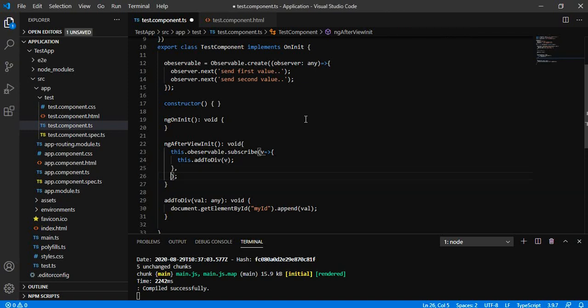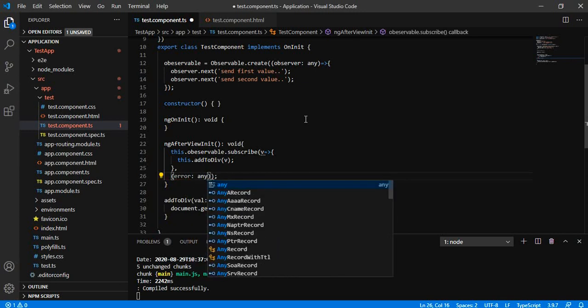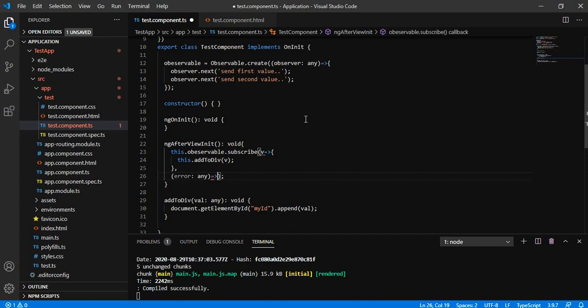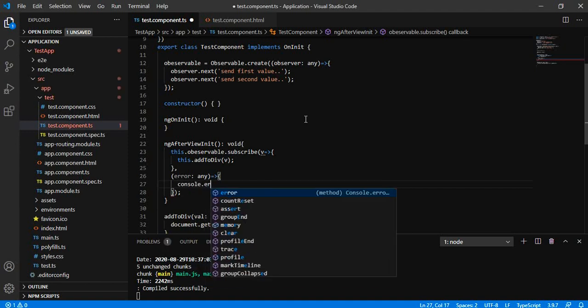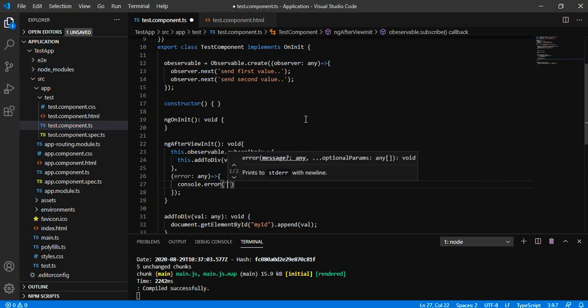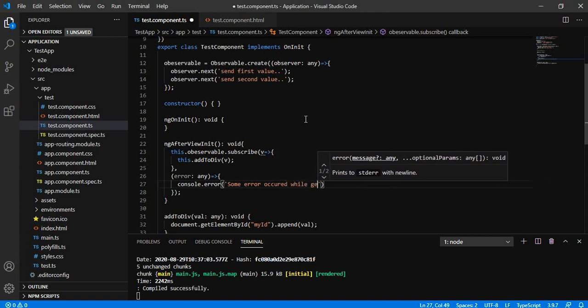So let me add the catching method. You have to give a comma, and after that it will check for the error that is sent from the observable. If the observable has encountered any error, it will be received here in the subscriber, and we are simply logging it with console.error that some error has occurred while getting the data.